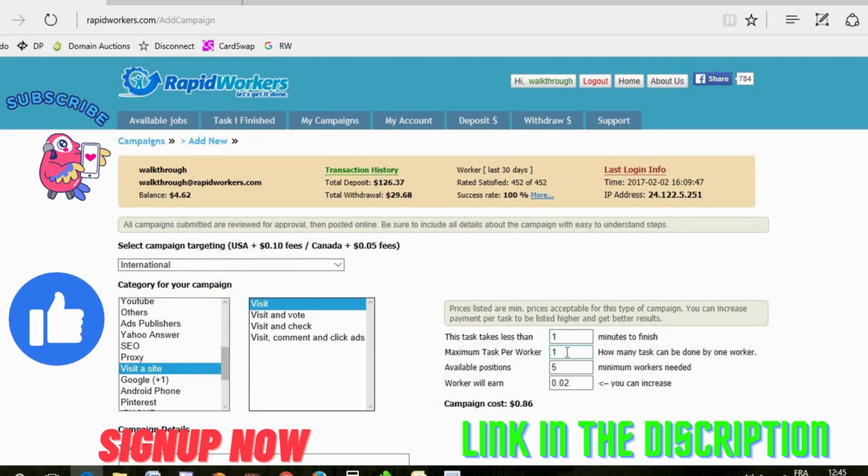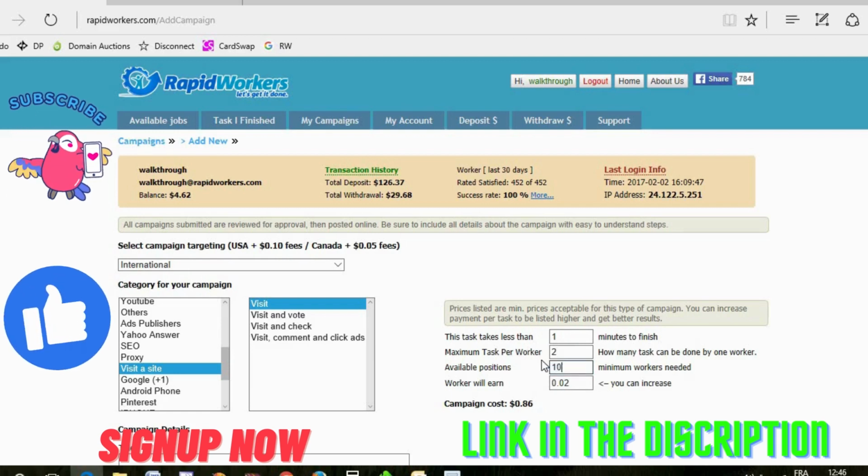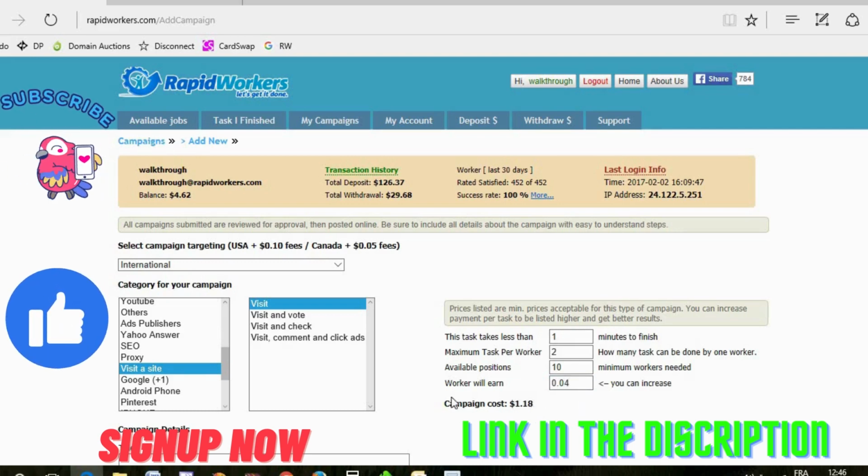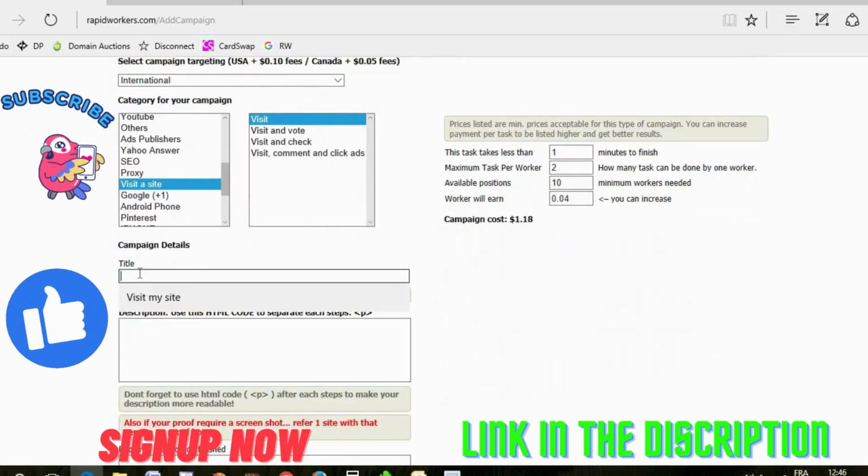1 worker per job. So if you want the same worker to do it more than once, you can put 2. Available position is the minimum is 5. You cannot lower it, but you can add more. Let's say I want 10 person to do it. The money is the same. It's 2. You cannot lower it, but you can put more. Let's say 4. Total cost will be 118. You go to title,